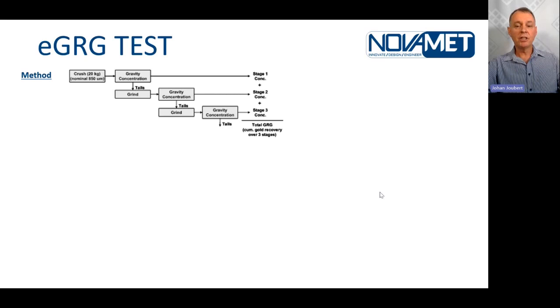So what is this EGRG test? Okay. Firstly, before you go down this route, you need to know your ore body. So a scouting test is required up front so that you can do a proper setup for test work campaigns. Now, this EGRG test is a 3-stage sequential liberation and recovery test. That's quite a mouthful. But the test basically assesses the amount of GRG in the sample by feeding it through